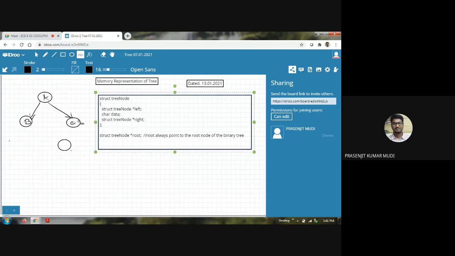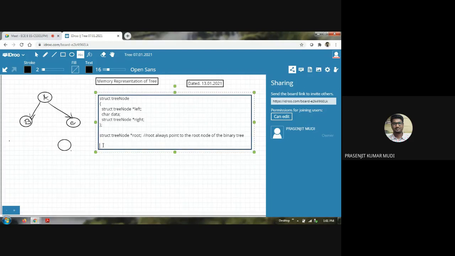Once we find node C, we check whether it already has a left child or not. If it already has a left child, then insertion is not possible. If it does not have any left child, then we insert this node as the left child of node C. So after successfully finding node C in this location, we find that it doesn't have any left child, so we want to add this node as the left child of C.